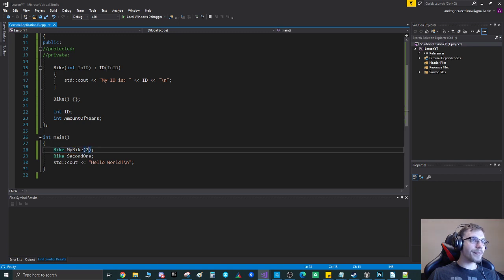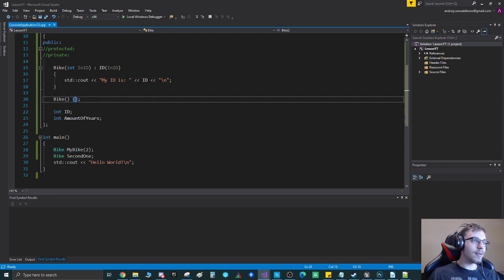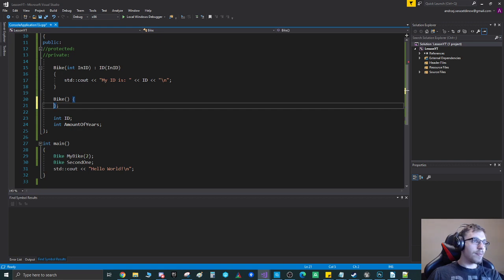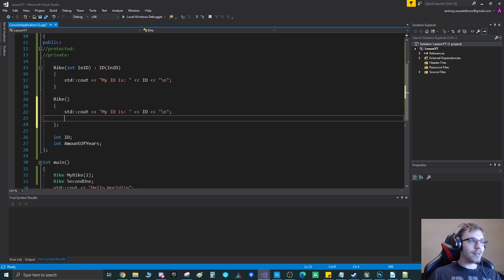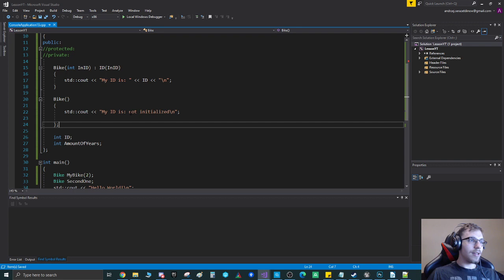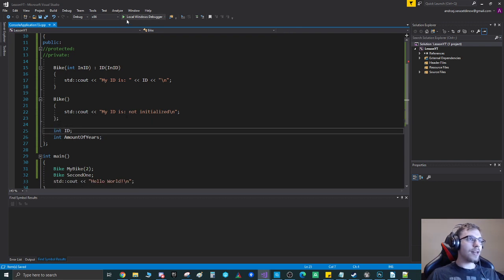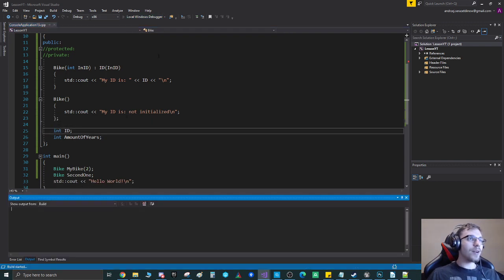So I can copy that and actually pass it to this other one, and this one will say that its ID is not initialized. So this one is not initialized, and now if I run my program,